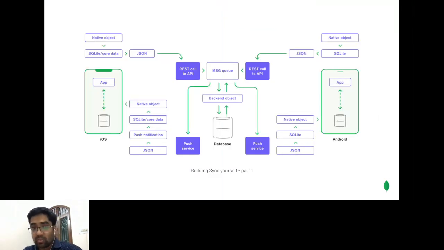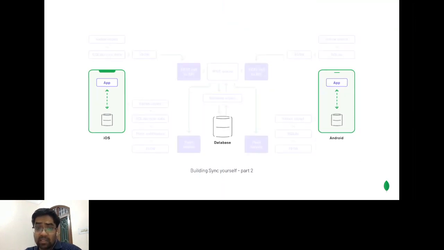So, this is the architecture which we saw earlier. Wouldn't it be great if we could get rid of all this and make it something like this? If this architecture is there, I think none of the solution architects or technical architects will have a problem, because you got rid of all the moving parts. But mobile apps cannot directly talk to the database, right? And even if there is a solution for doing that, it's not the best way of doing it, because you need to write your logic somewhere. So how do we do it?